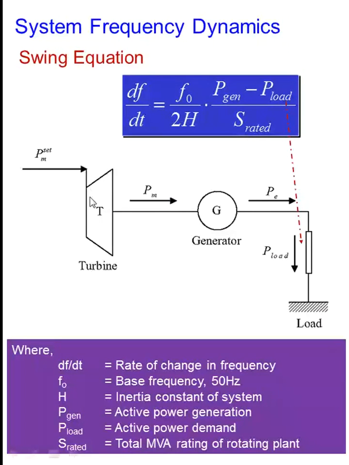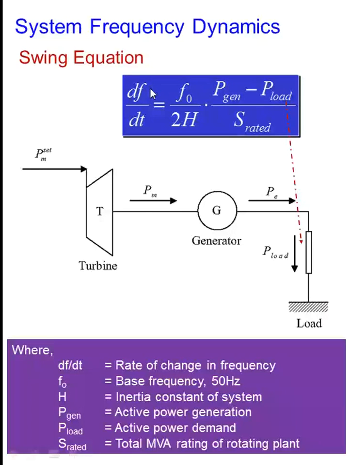As you can see, the generation, let's say the scheduled amount of active power to be generated by the turbine generator unit. Then you have the shaft power from the turbine, and the generator is connected to the electrical load here. So from the swing equation you have the relationship